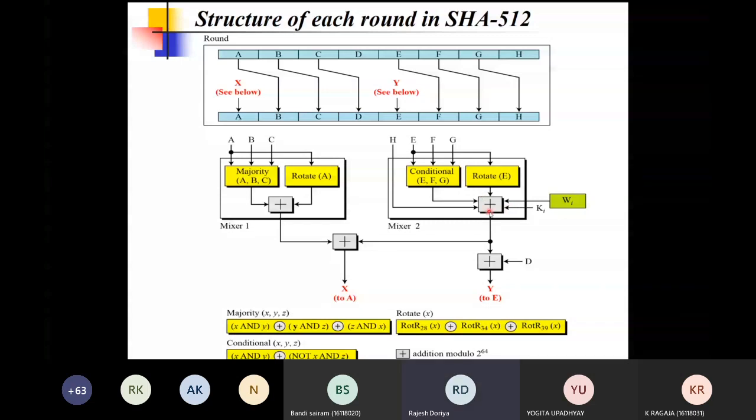Over here H is being added separately. So these 5 values are XORed together, and this value is then XORed with D, and the resulting value is regarded as Y, which is nothing but the value of buffer E for the next round, this one.